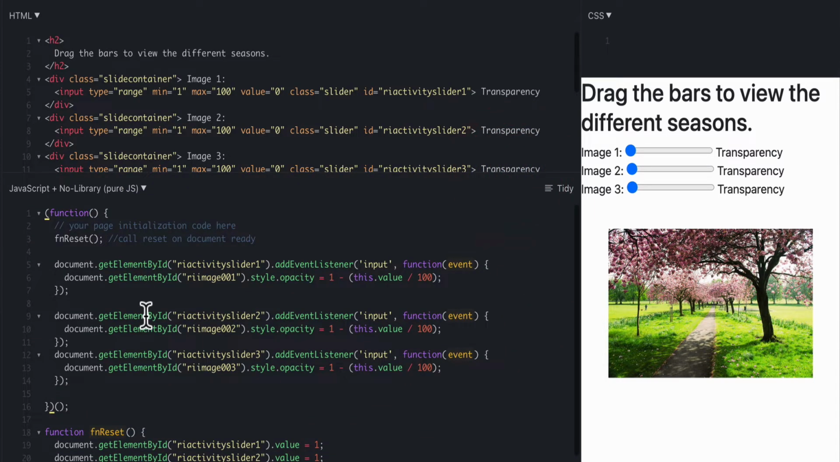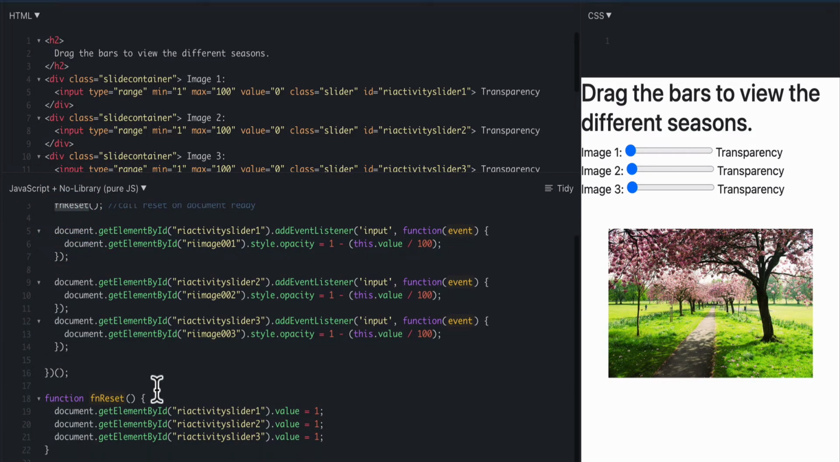Okay, in our JavaScript, it's very short and very simple. We have a function that loads when the page is loaded. It calls reset, and the reset function basically all that does is change the sliders. So slider 1, 2, and 3, there's our 3 sliders. Get element by ID finds the slider with the ID of our activity slider 1, and sets